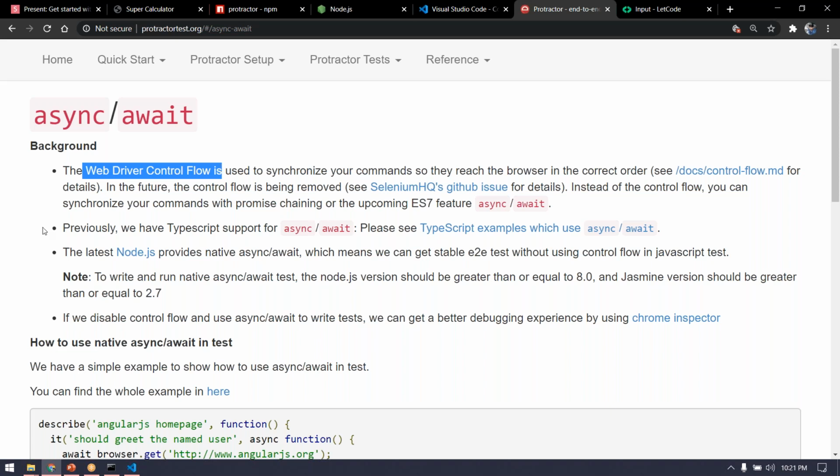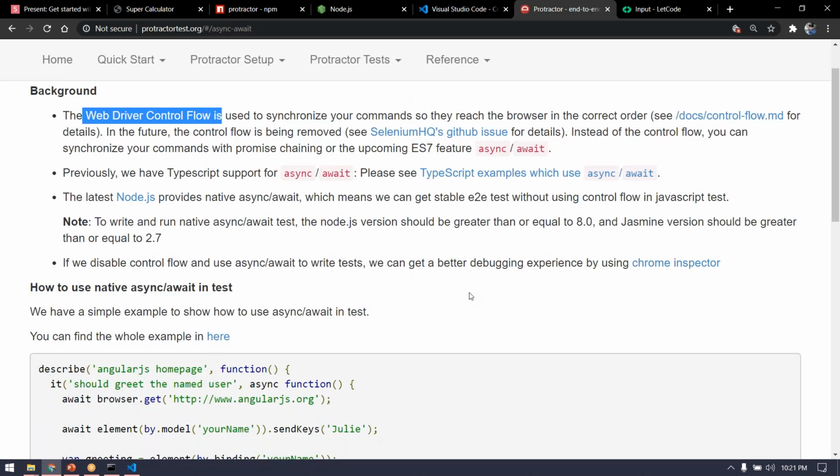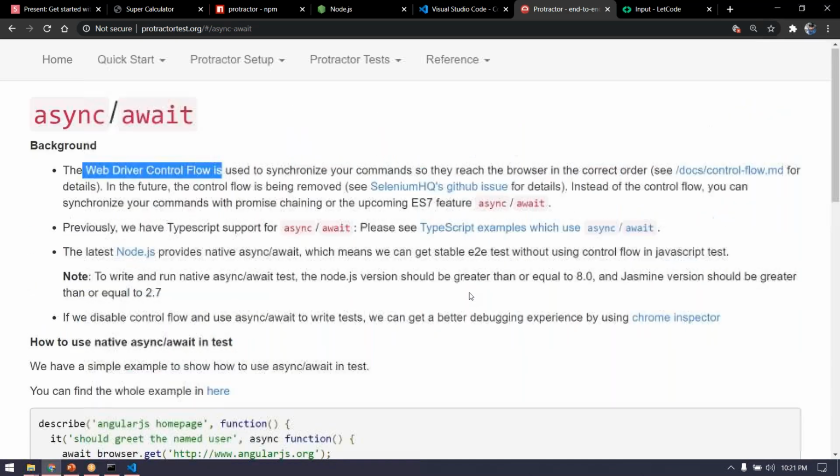One point to add, Kaushik: if you are using Protractor commands, all Protractor commands will go synchronously, one after another. But if you're mixing Protractor and non-Protractor commands, that's when you'll see this type of behavior, where some code executes before the rest. When you are mixing the code, only then do you get this type of synchronization problem. Obviously you use some Selenium commands, but the maximum logic you write in Java programming, so it's a similar kind of thing here. If you're mixing Protractor commands with non-Protractor commands, then you need to use promise handling, callbacks,